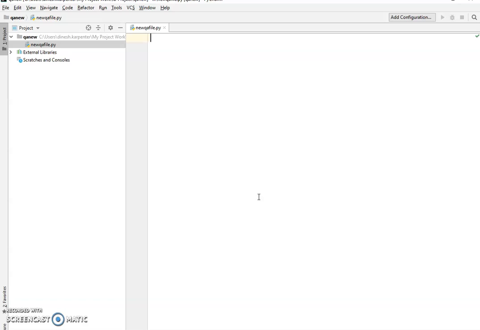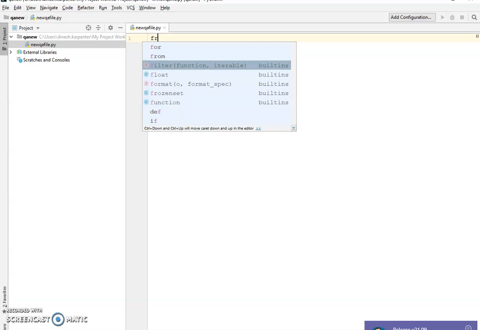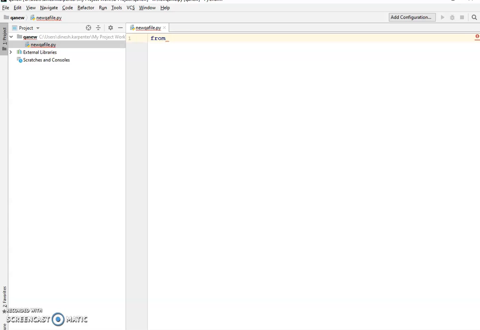Now here it's easy. Maybe you think it is hard to write, it's like a blank notepad. So how to write all things? Like in Java we have a class and everything written, but how here? It's very easy. You just have to do it the same way you would in general English. You have to write from, and where from? From Selenium, because you installed Selenium. From Selenium import